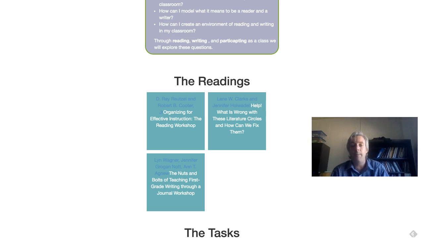Because here's what happens. Workshop methods is a very explicit approach to teaching, but a lot of it grew out of early work in the 80s around a tool called Reciprocal Teaching. And Reciprocal Teaching was one of the very first reading theories to bring in Vygotsky's principles and Piaget's principles and meld those together. And what happened is Palincsar and Brown, they went through and they decided what are the great thinking skills and reading skills that people use. And they broke those down into predicting, questioning, clarifying, and summarizing,